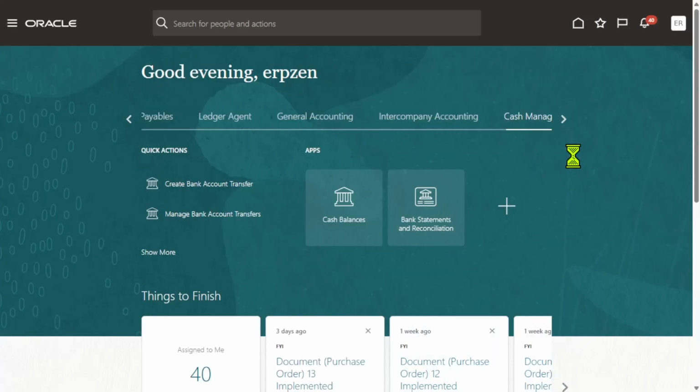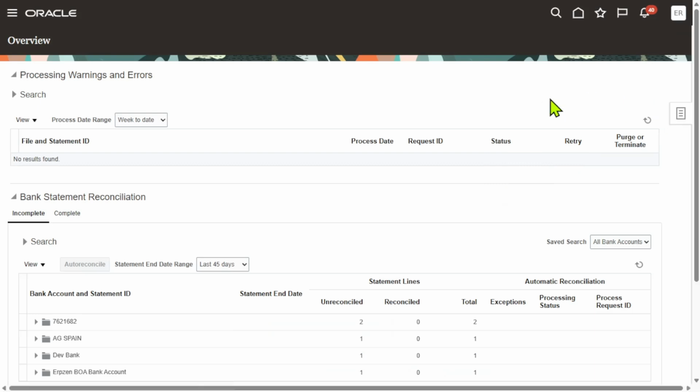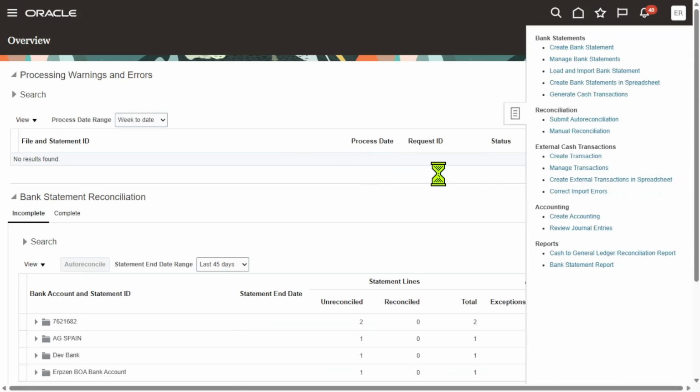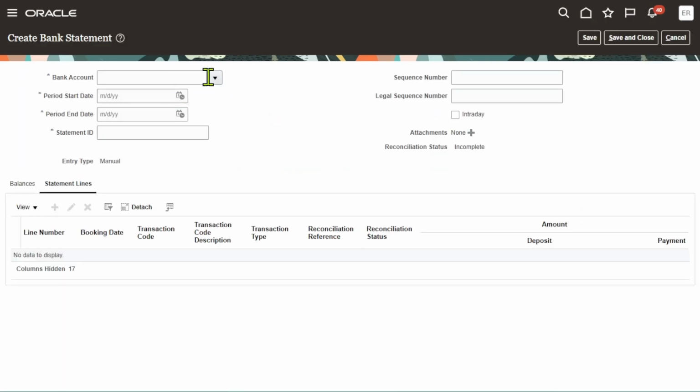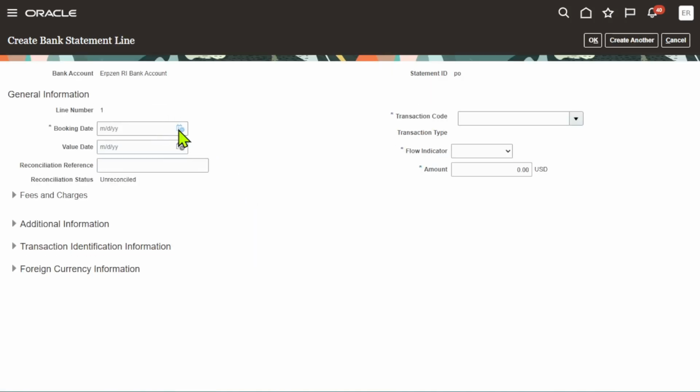Click on bank statement and reconciliation. Click on task list. Now click on create bank statement. Bank account, from 1st to 30th. Statement ID, give some random ID. Now if you click on create, the statement date, the transaction code,